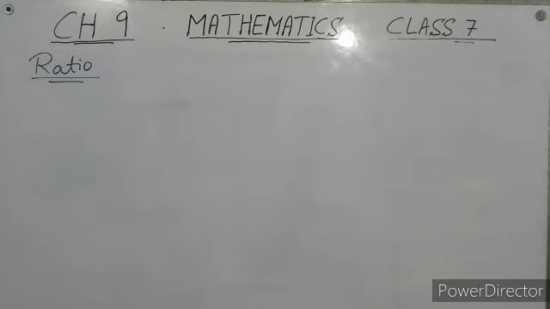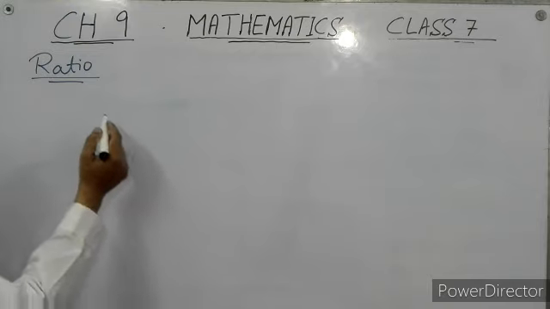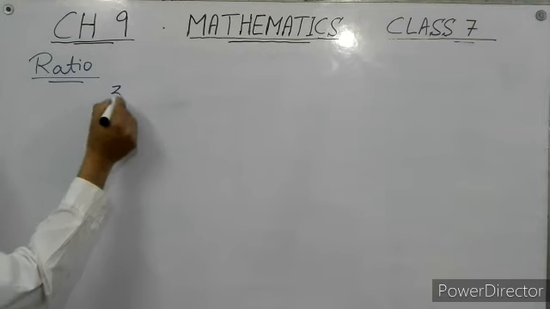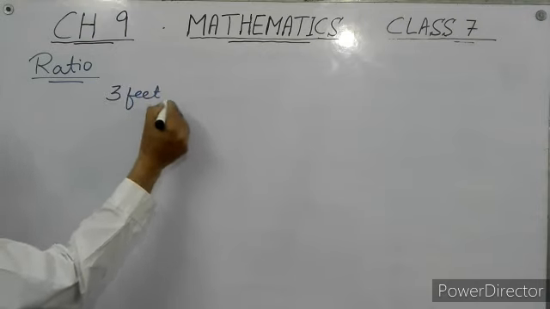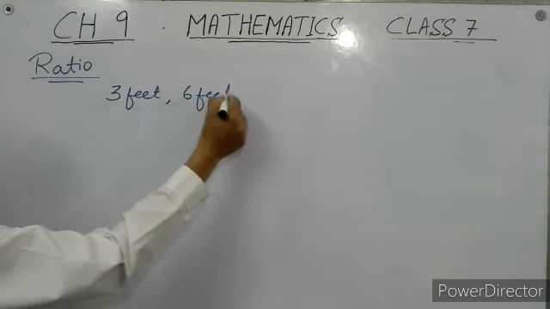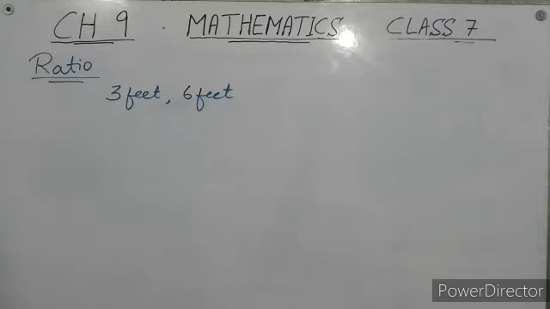For example, height can be compared with height, weight can be compared with weight, but height cannot be compared with weight in the ratio. Now I consider a numerical example. If we have two sticks whose lengths are 3 feet and 6 feet, their ratio will be written as